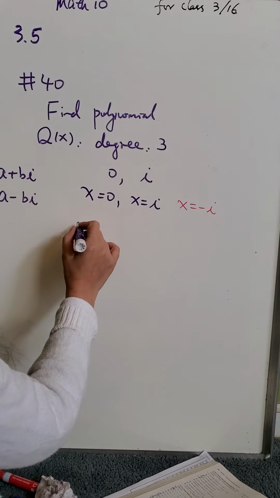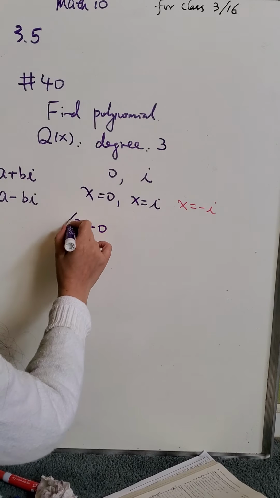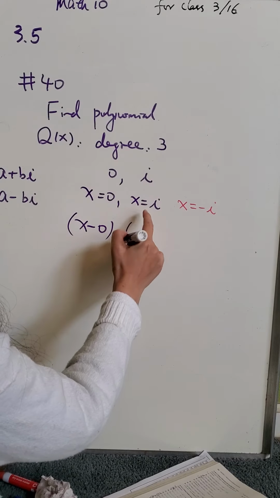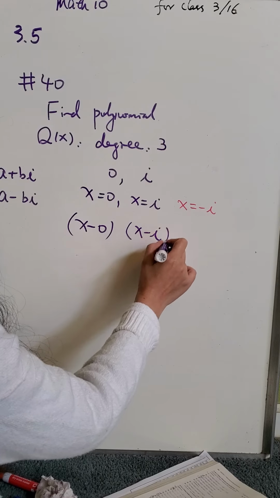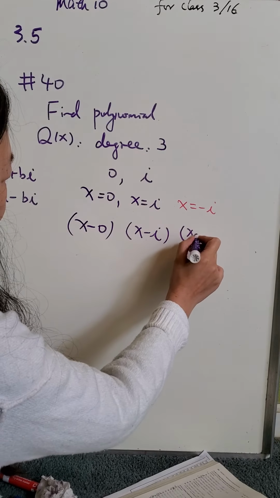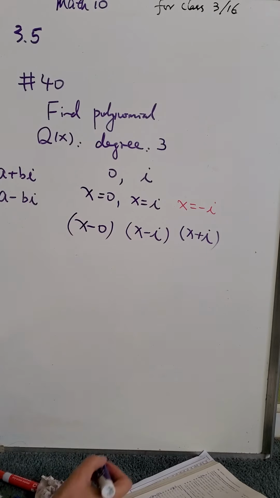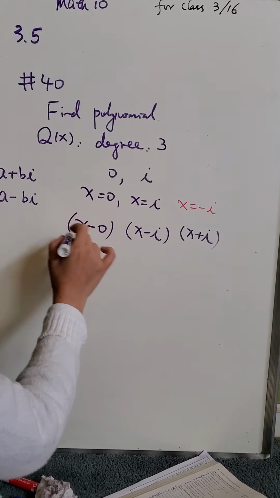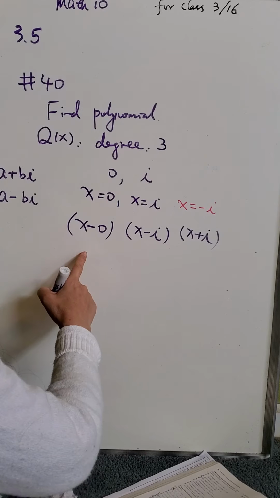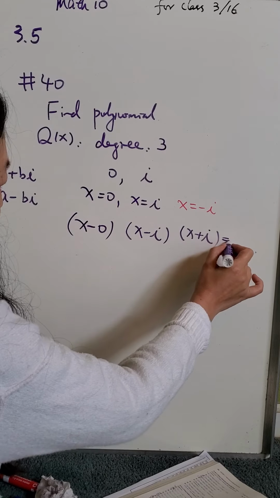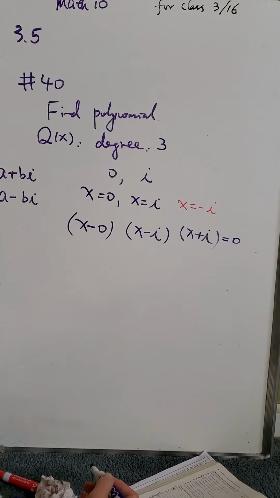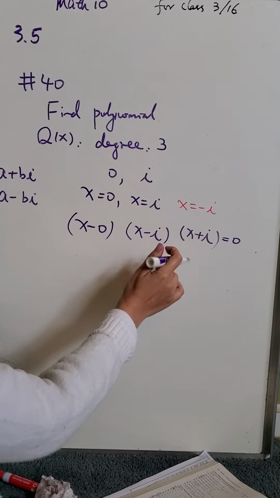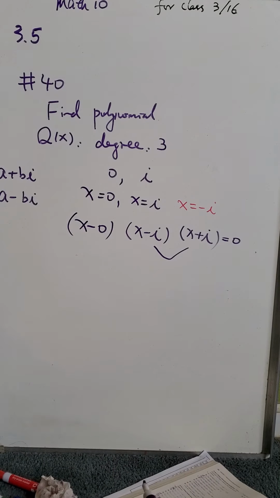You subtract 0 on both sides. That's the factor form. Subtract i, so it becomes plus i. Now you multiply them all together, and that is equal to 0, right? Because they are conjugates, you multiply this one first. Now here's the rule. If you have 2 conjugates, x plus i